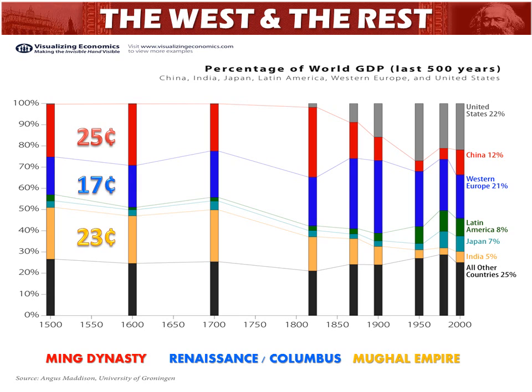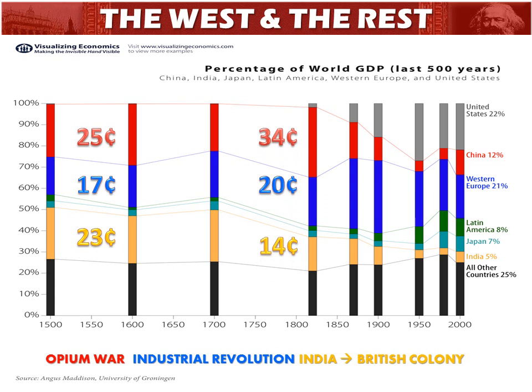So this is at the dawn, let's say, of the rise of Western civilization. Let me fast forward to 1820, at the onset of the Opium War. This is only about four or five generations back, about 190 years ago. And you can see China's doing a lot better. China's gone from 25% of the world economy to about 34%, or 34 cents of the dollar.